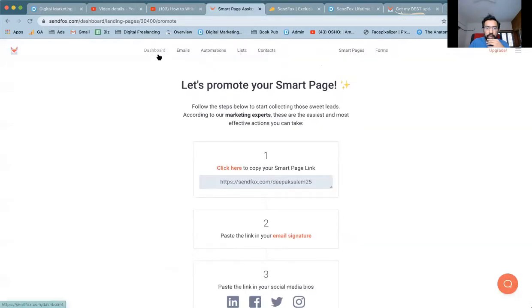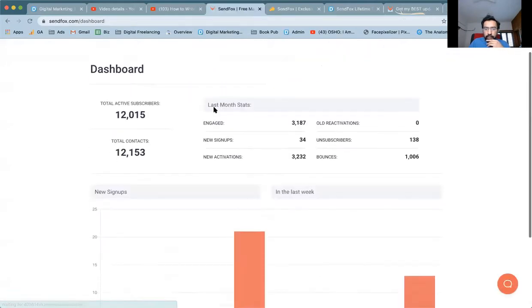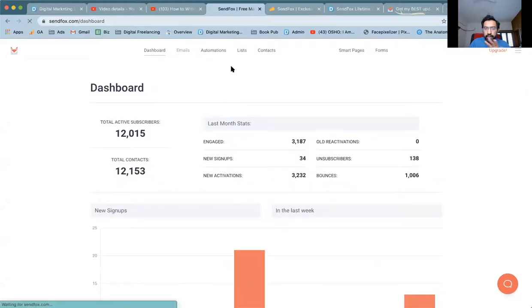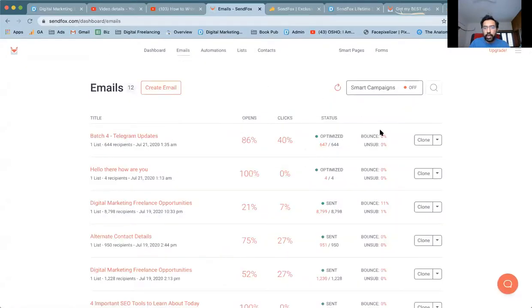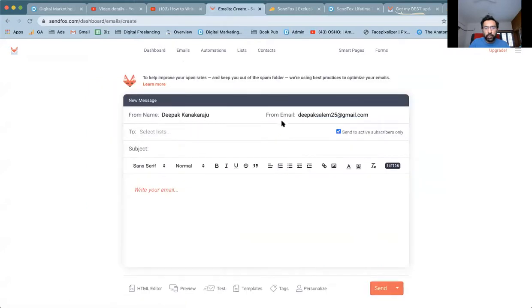So here you can see this is how the tool works. It's very simple, very straightforward. If you want to create a new email, you just click on create email, you compose it here, you put the from email ID, click send, and the emails are sorted out. So if you have, let's say, 6,000 subscribers, then in the future you might want to pay $10 for every additional subscriber. But if you want to migrate to some other tool also, you can migrate. All right, so unlimited sending per month.